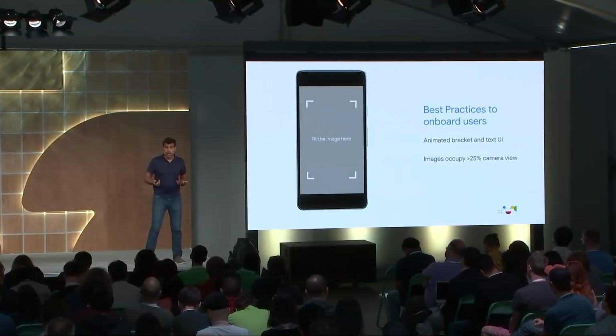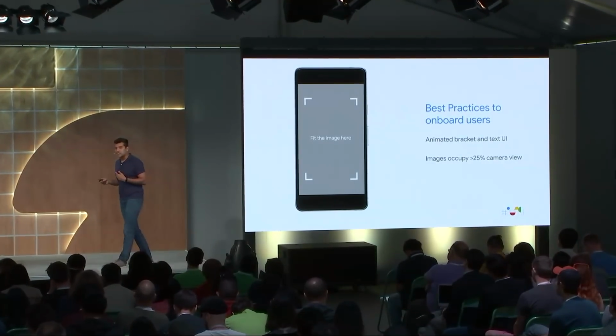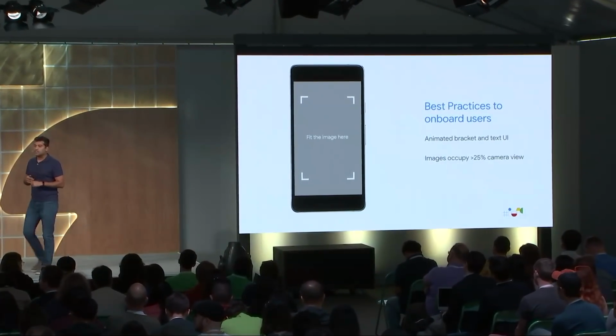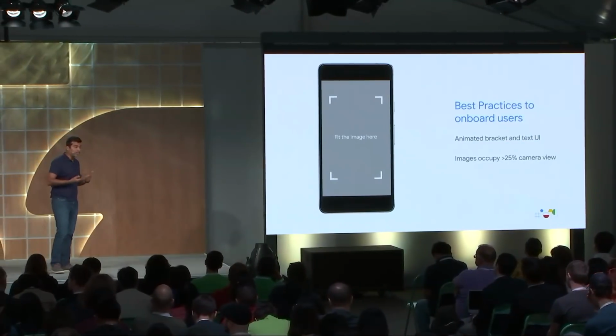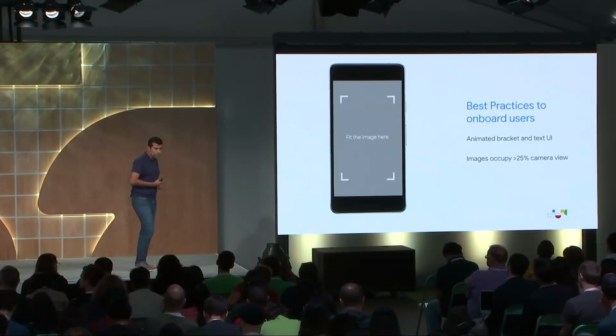Simple text can also help. We've seen that if you do either of these things, we've seen a remarkable uptake in the success ratio in terms of how users perceive your app. You also want to make sure that the users are not just scanning tiny images. They get closer if the images are small. So make sure you size the brackets appropriately so users are putting in the images at least 25% of the screen space. With these code lines and best practices, you should be able to create a really good augmented images app. And we'd love to know what you'd be up to with this.